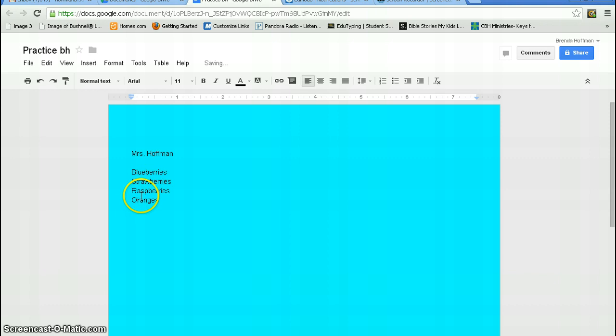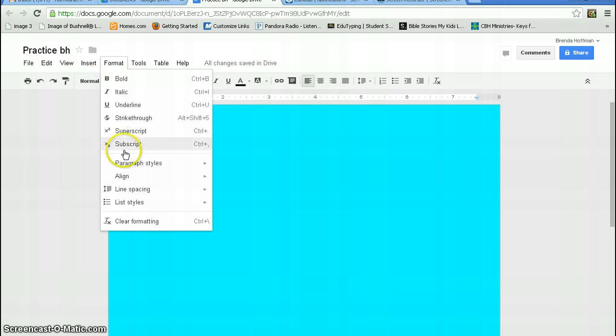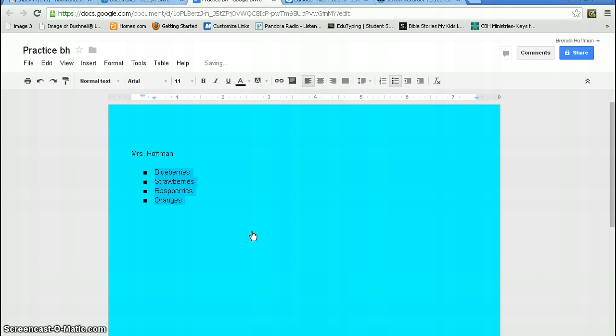And let's say I want to make this list into a bulleted list. I can just simply select it, and I can go to Format, sorry, List Styles, and I can choose, there's three options that are available in Google Documents. Certainly if you exported this document into Word or OpenOffice or something, there may be other options. These are the only options available for Google Documents. So I'm just going to go ahead and choose the square,